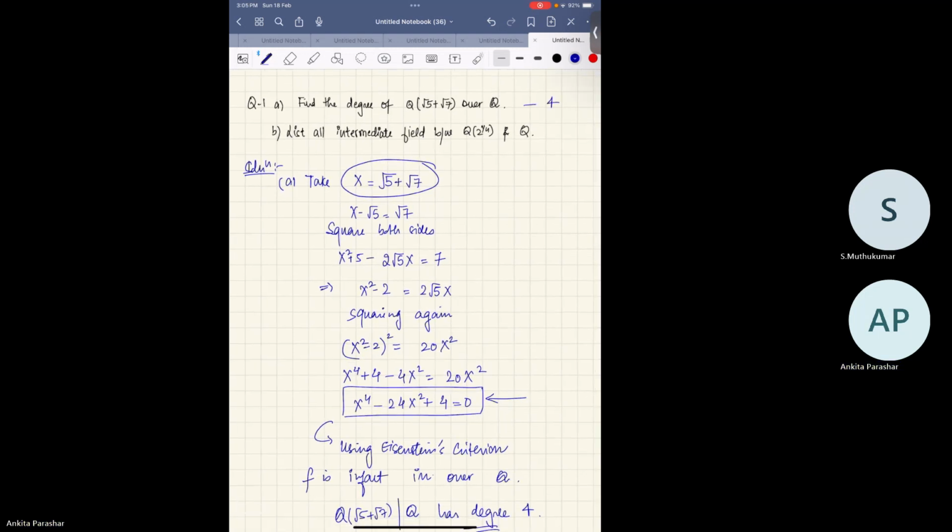This is degree 4. Now we want to list out all the intermediate fields. This is the question I think that we discussed last time and somehow we could not solve it nicely. So let me discuss again. We want to write all intermediate fields between Q(2^(1/4)) and Q. Last time we gave an idea that since Q(2^(1/4)) is not a Galois extension, because the polynomial satisfied by this does not have all its roots inside this extension,